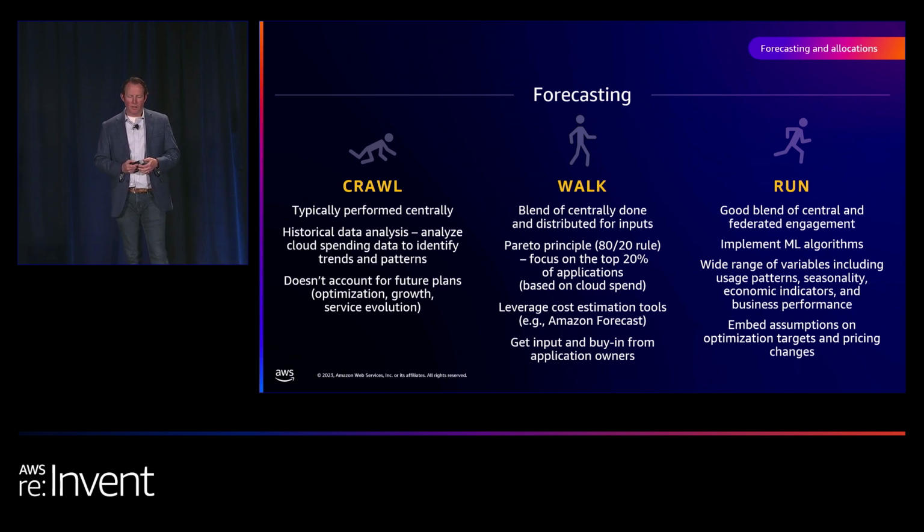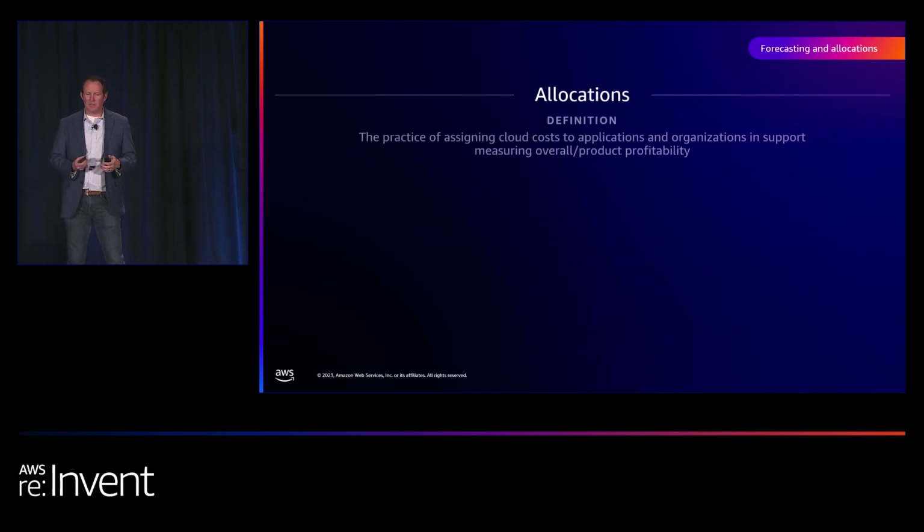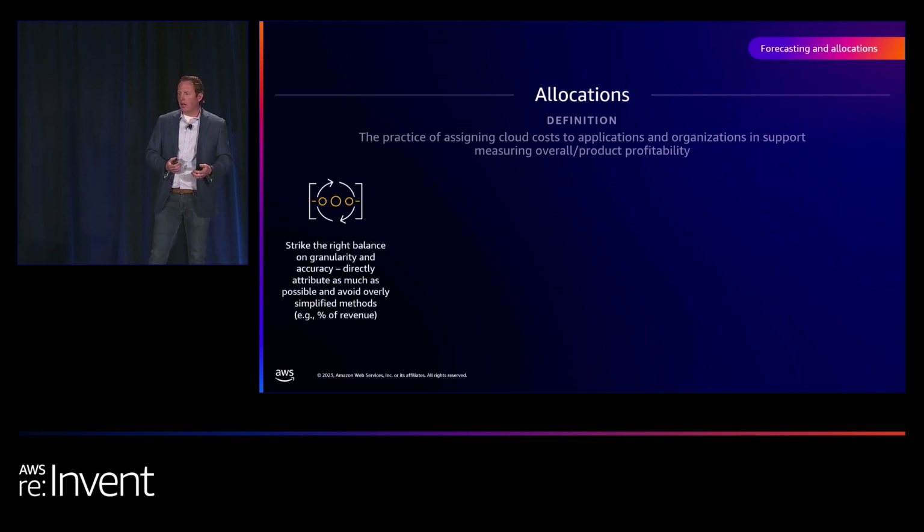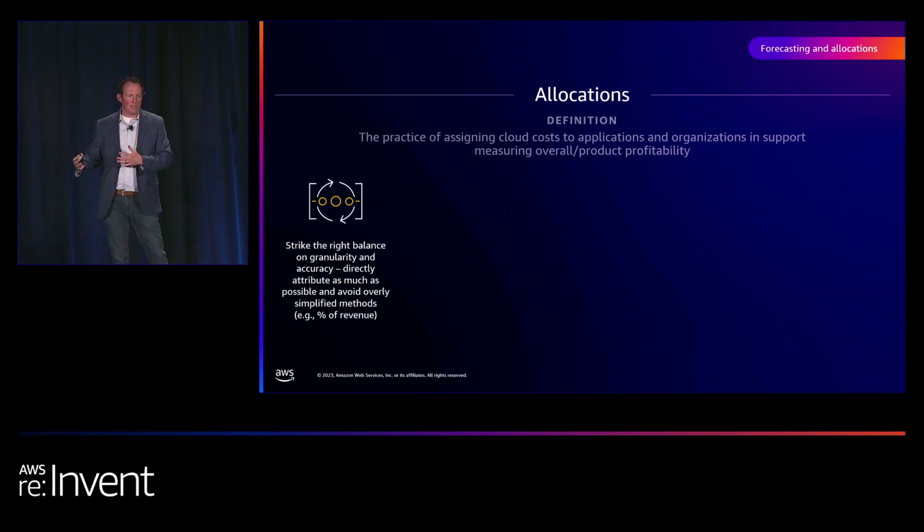So next, we're going to talk about allocations. This is kind of the way you can assign cost inside of your organization. And I'll talk about some of the practices that I see here. Anybody who's lived in allocation world knows you can really quickly tip the scale to way more complexity for the value delivered. It's this really fine balance you need to have and strike that balance. So really be mindful of that balancing act. Know if you're going too far into this ecosystem and spending time on things that don't matter, you probably need to pull back as you think about that balance.